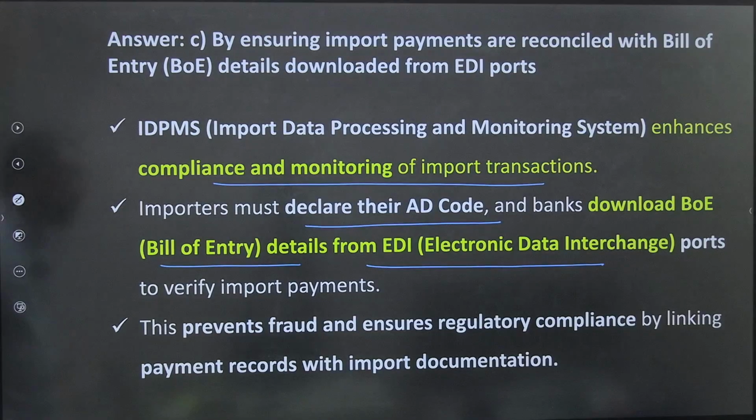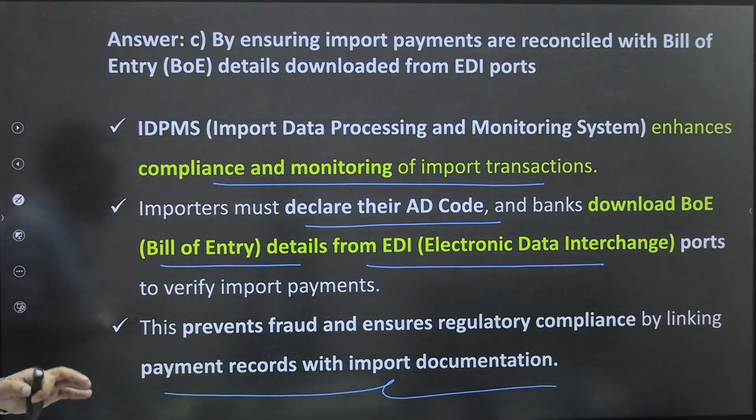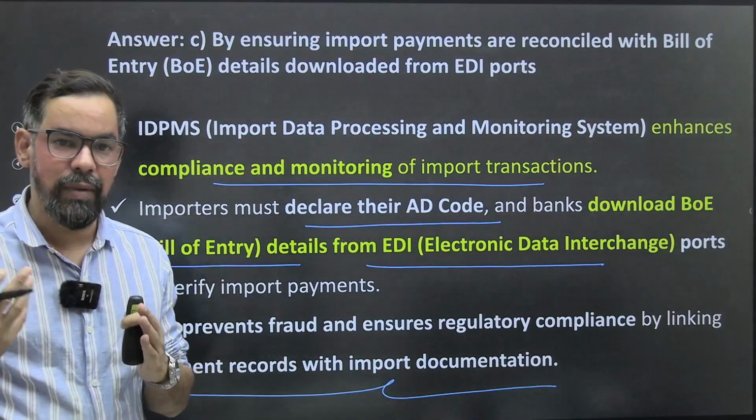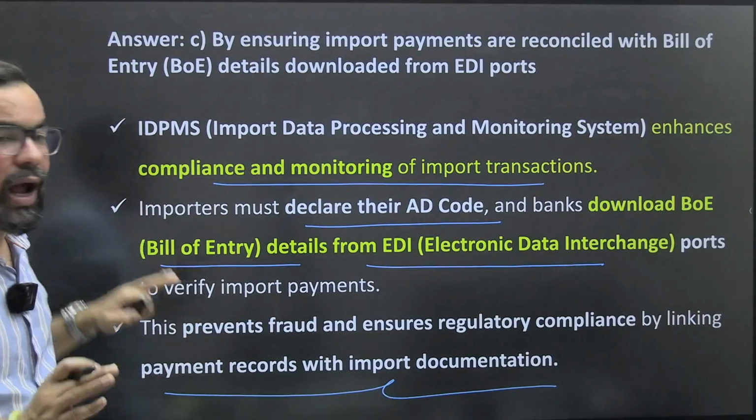This prevents fraud and ensures regulatory compliance by linking payment record with the इम्पोर्ट डॉक्यूमेंट्स एज वेल, ठीक है, जैसे आपका एक्सपोर्ट के लिए वो काम करता है, ठीक है, ईडीपीएमएस। सिमिलरली फॉर इम्पोर्ट ट्रांजेक्शंस वी हैव आईडीपीएमएस, ठीक है।